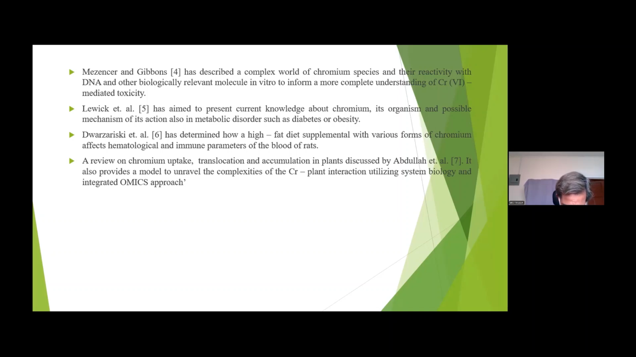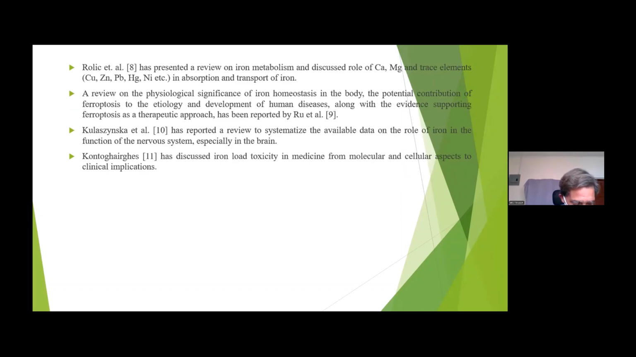A review of chromium uptake, translocation, and accumulation in plants was discussed by Abdullah et al., reference number 7. It also provides a model to unravel the complexity of chromium-plant interaction utilizing systems biology and an integrated omics approach. Rolish et al., reference number 8, have presented a view on iron metabolism and discussed the role of calcium, magnesium, and trace elements, copper, zinc, lead, mercury, nickel, etc., in absorption and transport